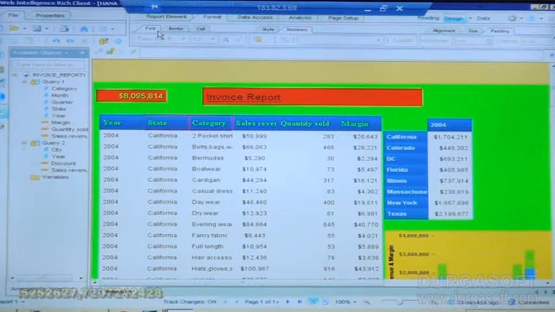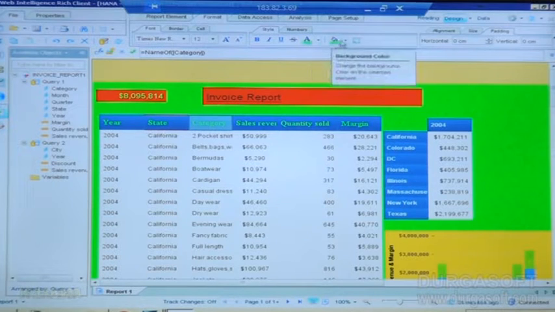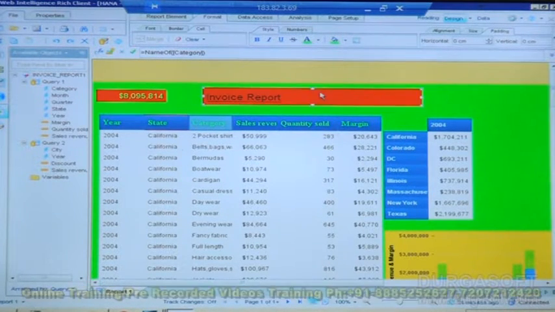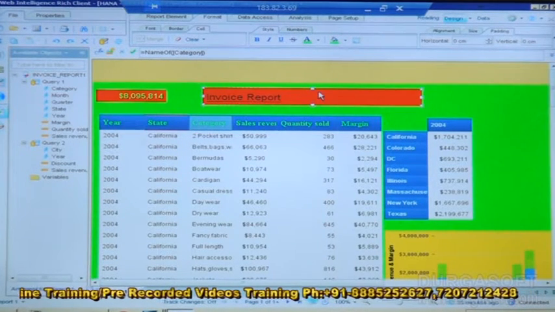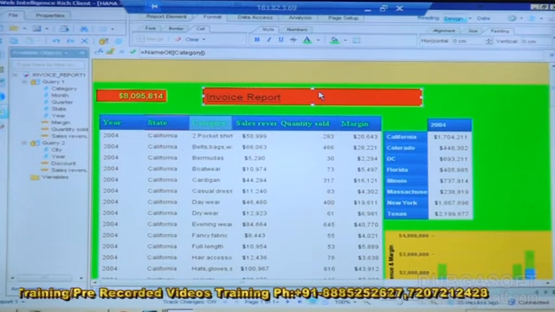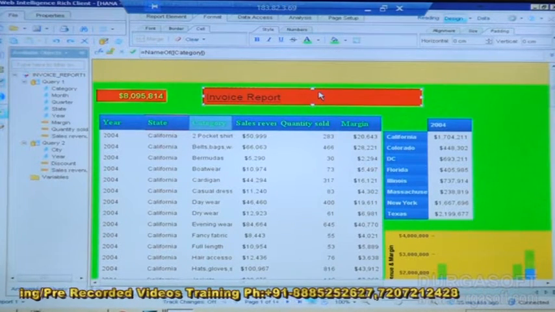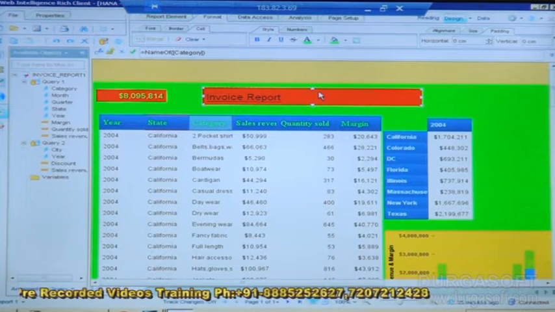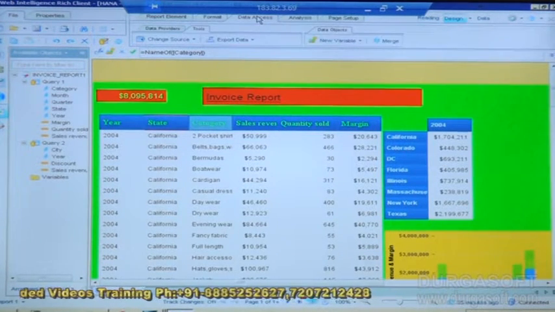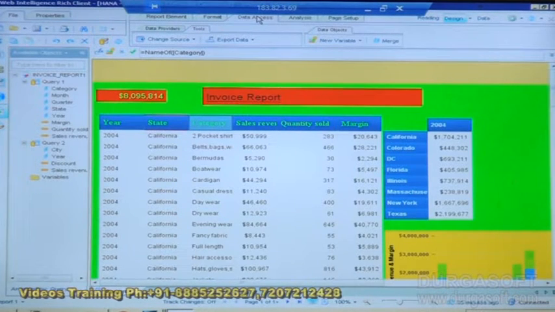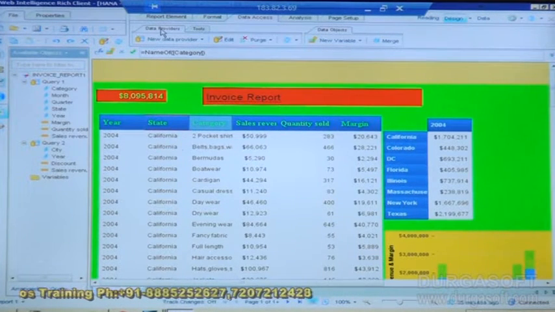We saw how to set a font size, how to increase your font, and the default style like background color, text color, the images, the border size, text style, cell style, the different alignments. So we did the alignment part, which has sizing, padding, and some other settings in which we can perform those activities. Similarly, we also have the next concept called data access, in which we saw what the data provider is.